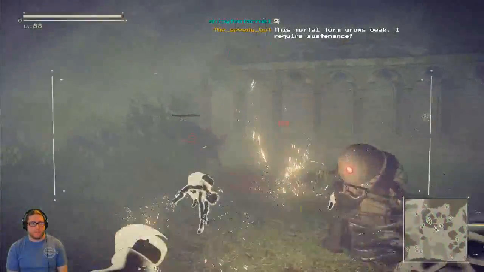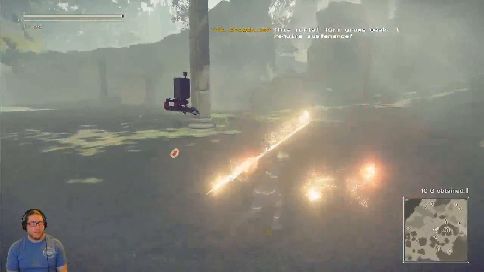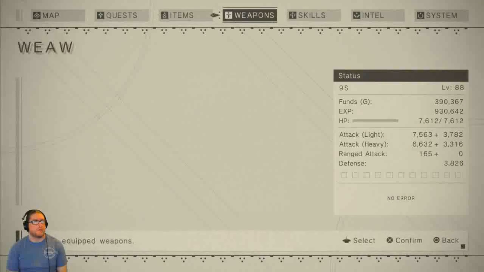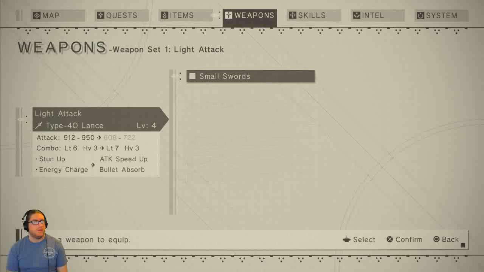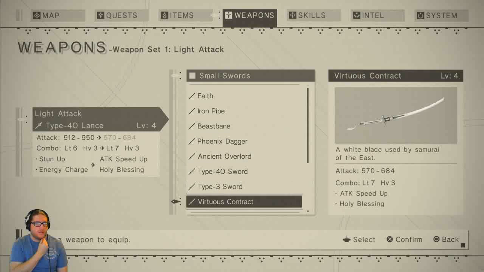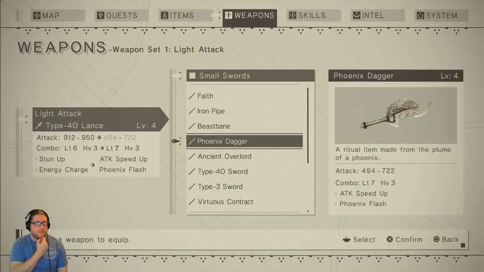The only thing I don't like about the spears is they're kind of slow, like the number of attacks you can get in. So I've been a fan of the small swords the entire game. Yeah, I might go with... Let's see, what's like the damage? 684. Yeah, I think I'm gonna go A2 Phoenix Dagger as our main light, and then